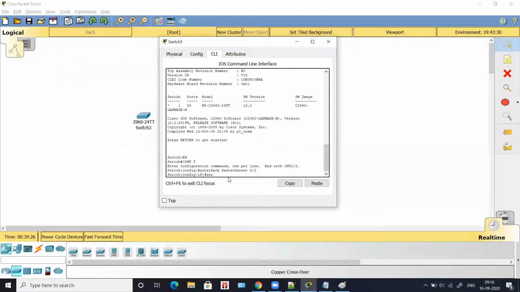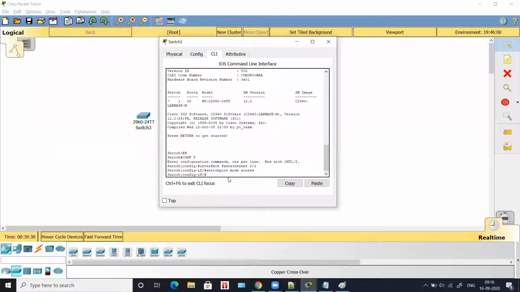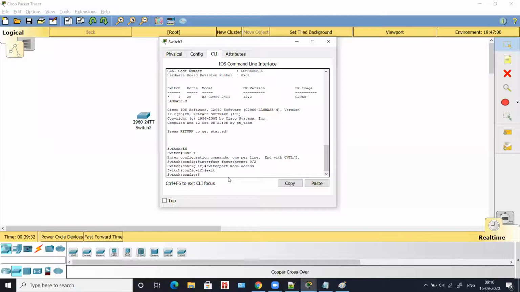And now you're going to assign switchport mode as access. Enter and give exit. So now 0/2 is made as an access port. Next, we are going to choose interface fast Ethernet 0/3 and hit enter.